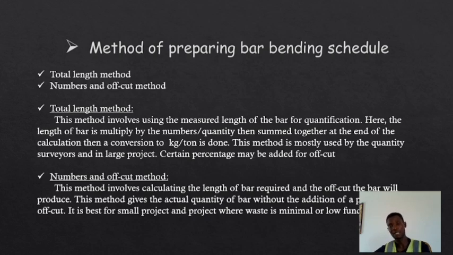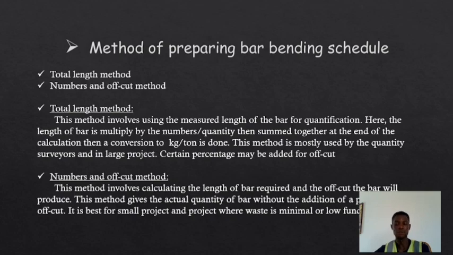So this method, I think everybody should adopt it. It just gives you the quantity of reinforcement and the off-cut you are going to have, so you don't need to be adding another percentage you are not sure of. Just like I said, it's mostly used for small projects, but even large projects can adopt it. If a large project adopts it, you know the quantity you need from start to finish of the job without additional cost. So those are the methods of preparing a bar bending schedule,